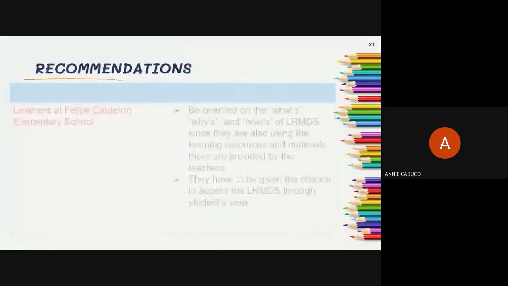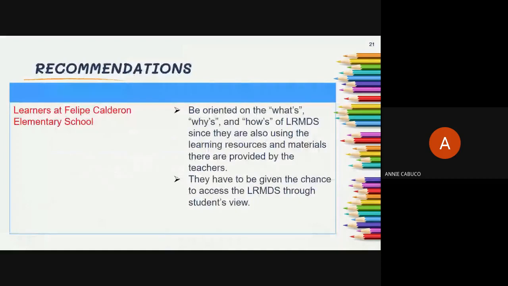For the learners of Felipe Calderon Elementary School, be oriented on the whats, whys, and hows of LRMDS since they are also using the learning resources and materials provided by the teachers. They have to be given the chance to access the LRMDS through the student view.